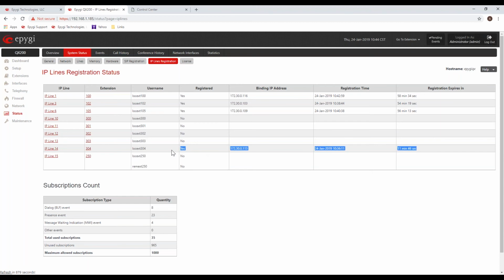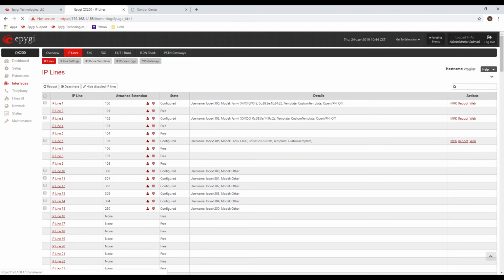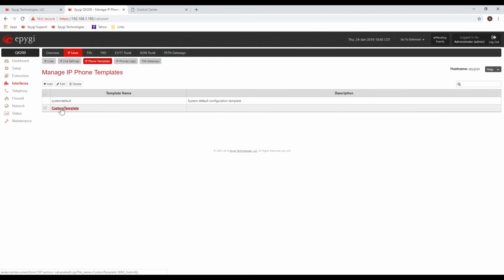Okay, running short on time, but let me just show you a little bit more. Let me show you what we've taken as the next step, and this is under the IP phone templates. Okay, you can create a custom template. Just add a new template. You can have a couple different template names, but I created one called custom template. I click on it, and you see all the various phone models. If I click on Fanvil,